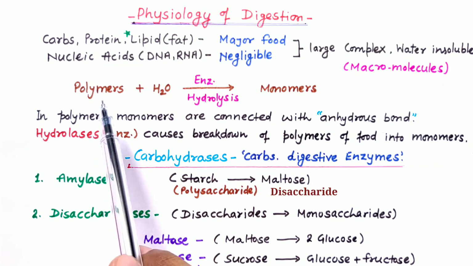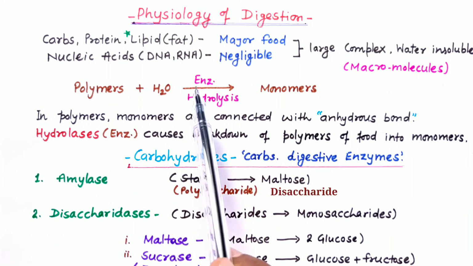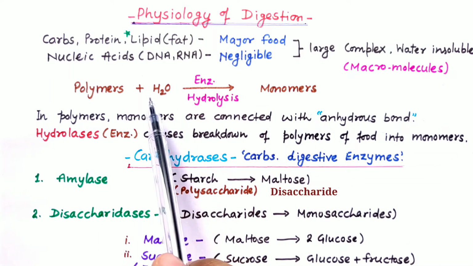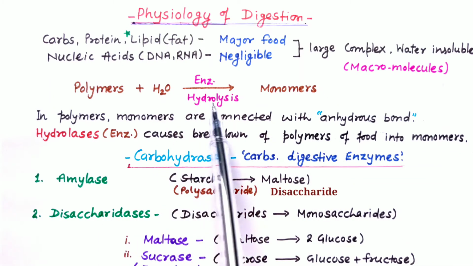So when these polymers react with water in the presence of an enzyme, they get converted into their simpler form known as monomers. The process occurring in the presence of water is hydrolysis, and the enzymes required for these digestive activities